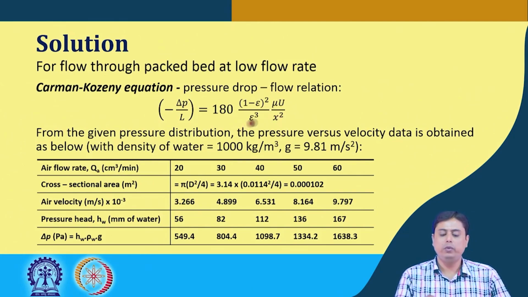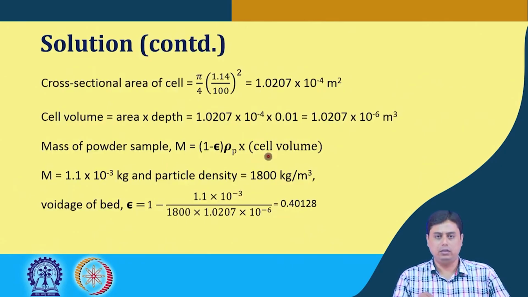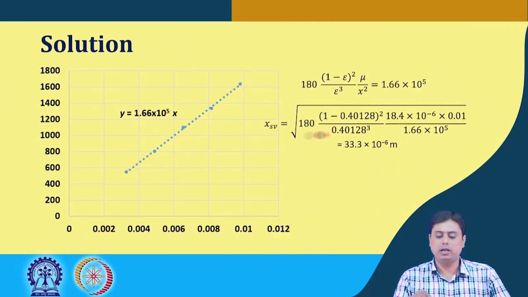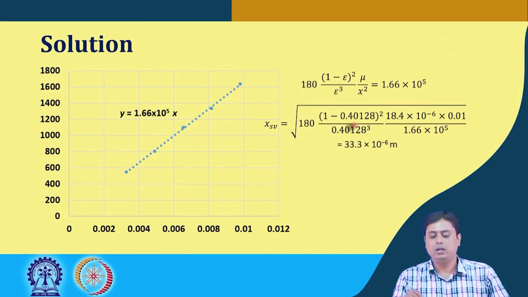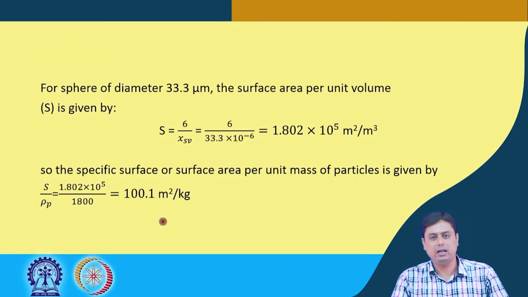While doing so, we came across another unknown, which is called the bed voidage. Okay. So, bed voidage, we understood its definition and how it is calculated from the mass of the total sample. Once that epsilon is known, the problem becomes much easier. So, this is the particle size that we have calculated, and from the particle size we have found the specific surface area for that powdery material. Now, one thing